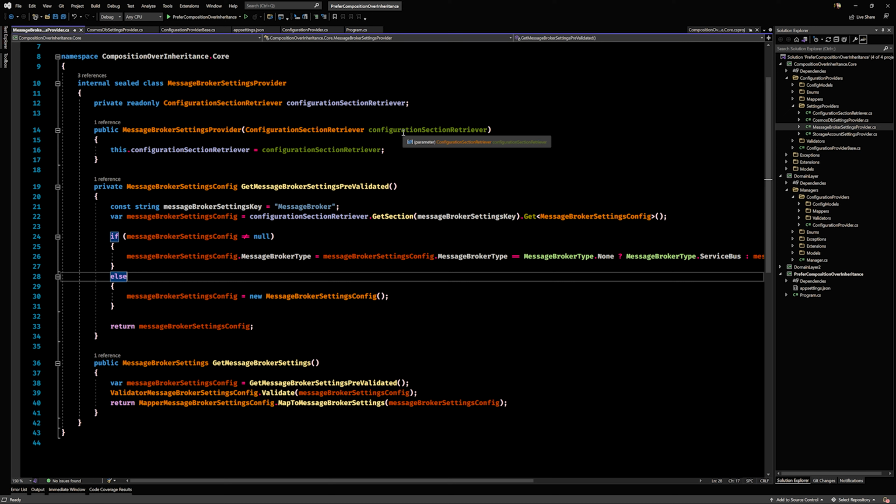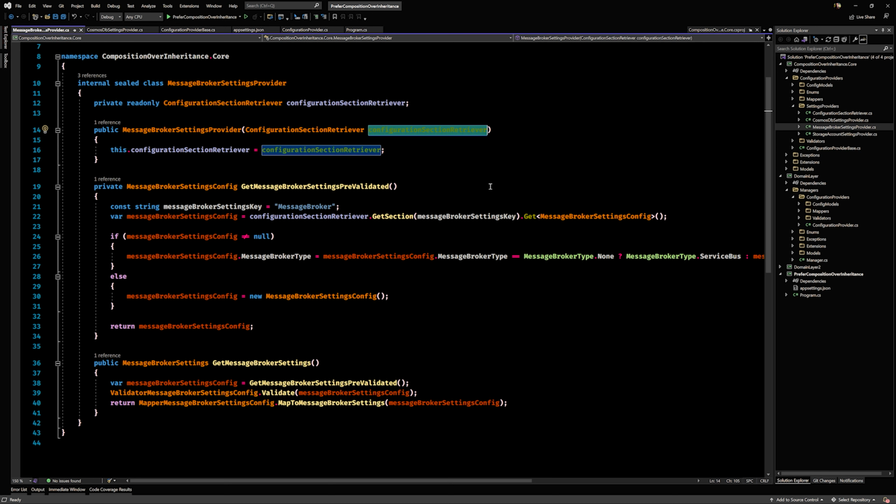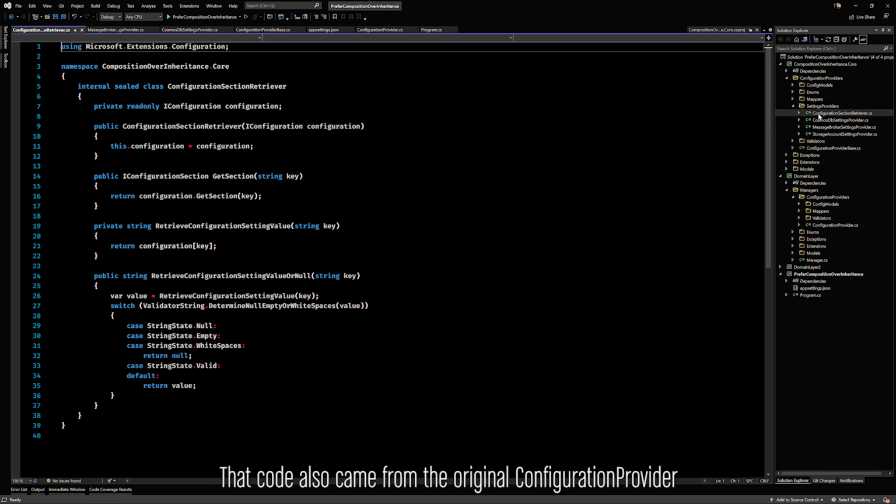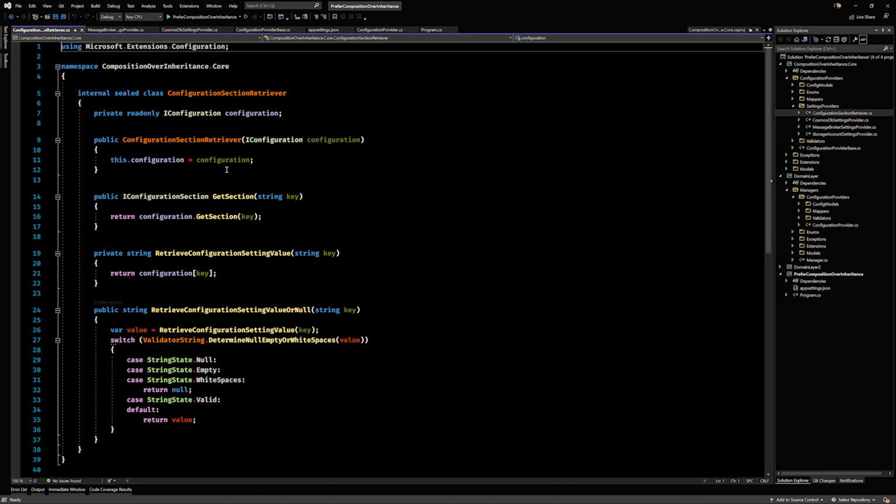The configuration section retriever is brand new, and we have that one class here with its implementation and any validations that we do over here. I don't mean config provider, I mean the configuration system has to do the validations of all data that comes into the system, and so that's all done for you.